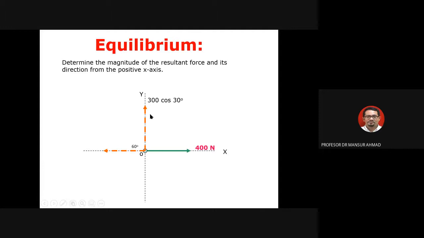When you resolve to the y-axis, it is 300 cos theta, or 300 sin 60. You can do that. Sama ada 300 cos theta ataupun 300 sin 60. That is when I resolve it into the y-axis. The other axis, if I resolve to the x-axis, which is this one, the answer is 300 sin 30 or 300 cosine 60. Okay, any question on this?